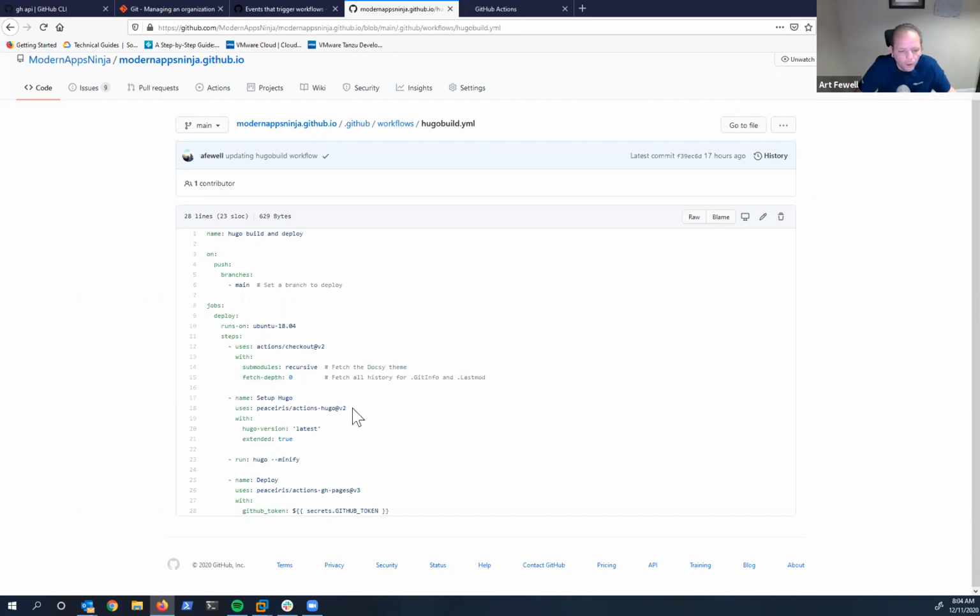And then we have the setup Hugo action, which essentially just installs the latest version of Hugo into the Ubuntu VM. Once that's all set up, it just runs the Hugo command. And the Hugo command is just a standard Hugo command to build the